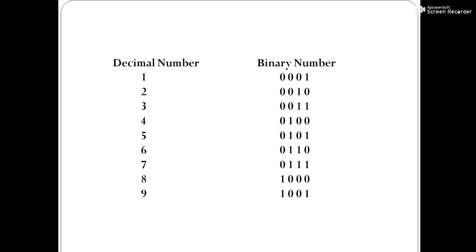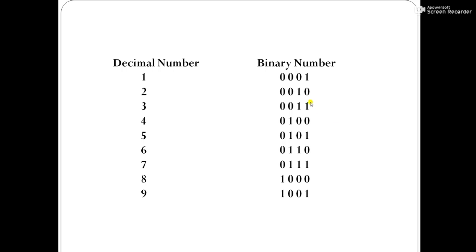Okay. Now if you look at the numbers, how can we say that 01 is an odd number and 02 is an even number? After looking carefully at each number, we can find out that for every odd number, the last bit is 1. Let us see. For 1 it is 1. For 3 it is 1. For 5 it is 1. For 7 it is 1. For 9 it is 1. For all odd numbers, the last bit is always 1.